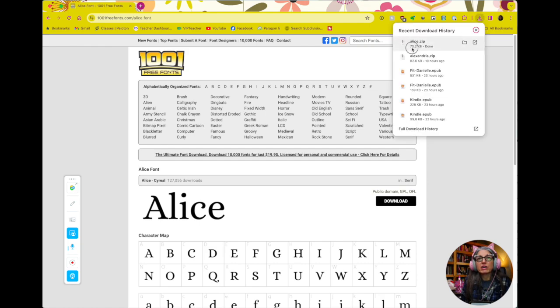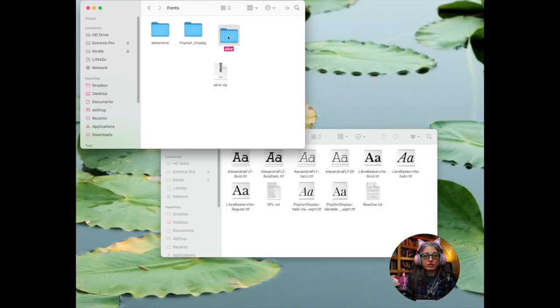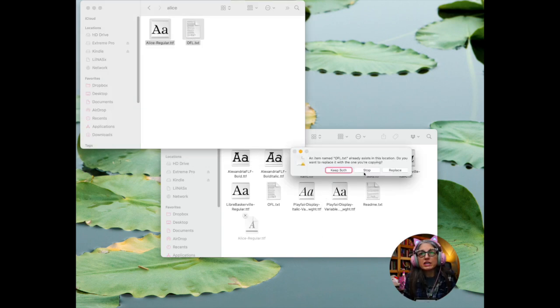And now I'm going to drag her onto a file on my computer. And she's a zip, so I'm going to open her. You see, here's Alice that I've just unzipped. So I'm going to open that, and right here, I've opened my Kindle, and that's my font folder. So, y'all, I don't know if this is just like an operator error, but when I've dragged a folder like this into my font folder, I haven't been able to get it to work. But if I open this and then just copy these and drag them in independently,